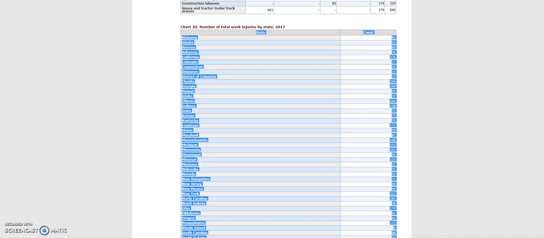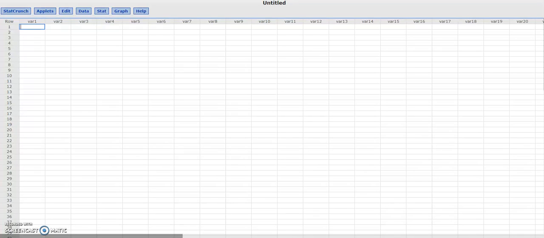I have located some data that I wanted to analyze on the Bureau of Labor Statistics website. I have number of fatal work injuries by state for the year of 2017, which as of today, April 29th, 2019, is the most recent data available. So I've highlighted and I'm going to copy this. Then I'm going to go to my StatCrunch